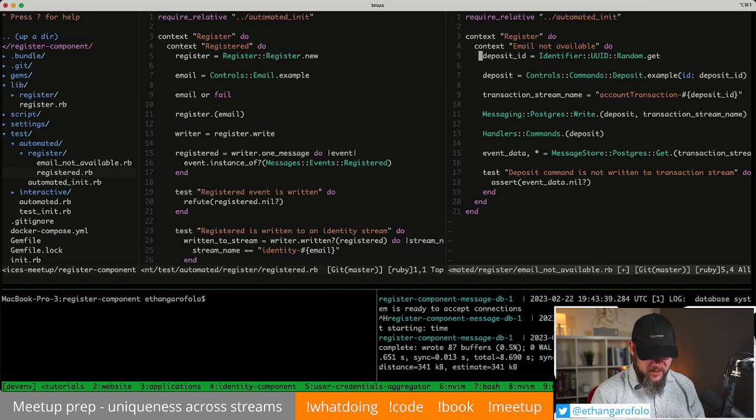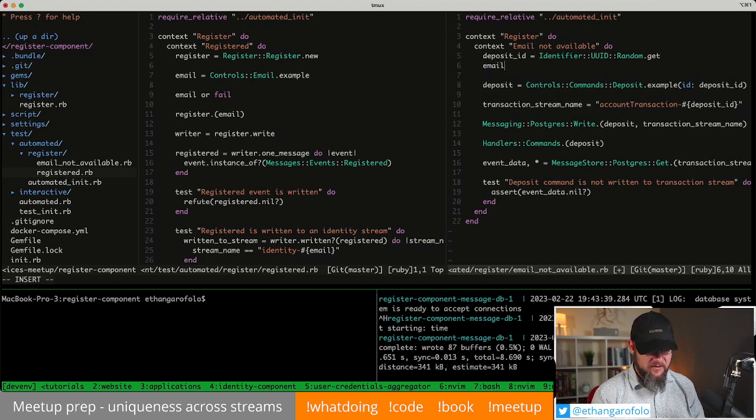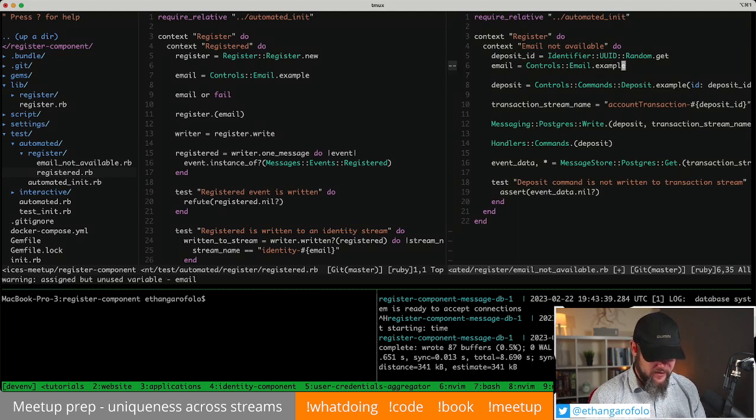We will need this concept here. So that would be email controls. Oh, right. So here's the tricky part. Let me just type out what I was going to type out. Dot example. All right. So,